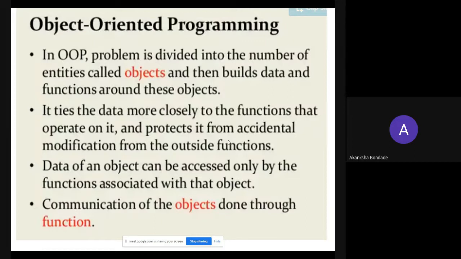It ties the data more closely to the functions that operate on it and protects it from accidental modification from outside functions. Data of an object can be accessed only by the functions associated with that object, and communication of objects is done through functions. When an object calls a function, that function is called in the main program. Otherwise, all of the program is hidden from the main program.